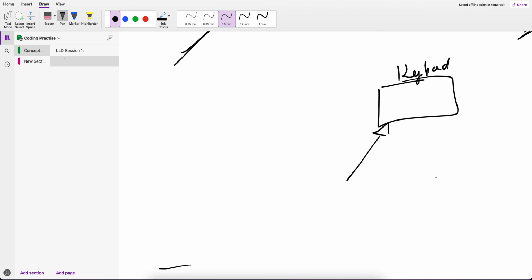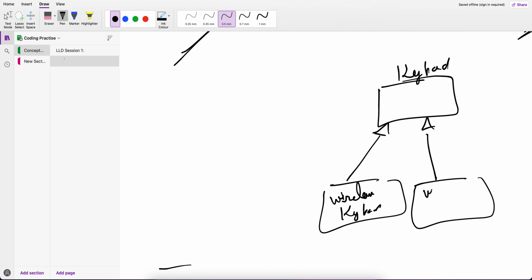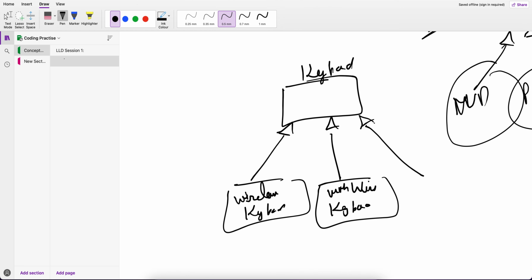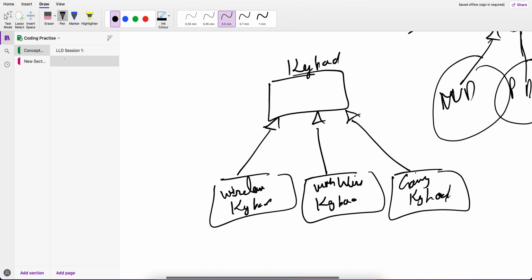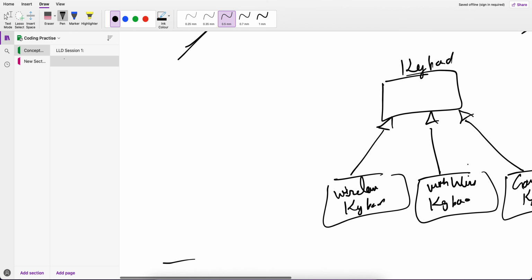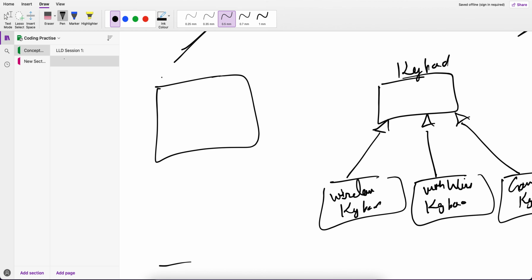keyboard कितने तरीके के हो सकते हैं? Maybe normal, wireless, mechanical keyboard. Or we can say that with wire keyboard, or you can also say that some different type of keyboard, let's say I am just taking an example, gaming keyboard which has some other functionality also, right? Gaming has some more features, some extra buttons, so let's say we have different types of keyboards, ठीक है. और मेरे पास एक है computer class,